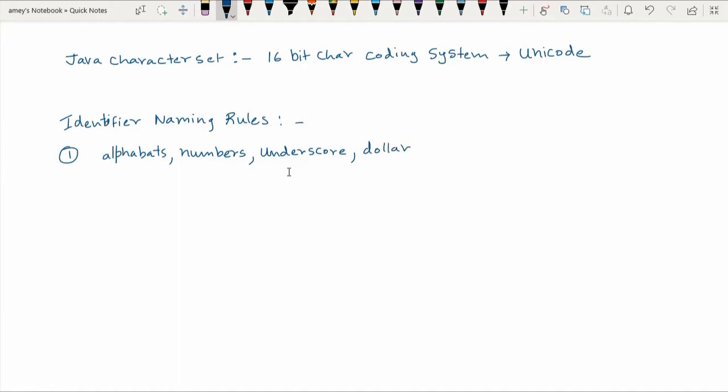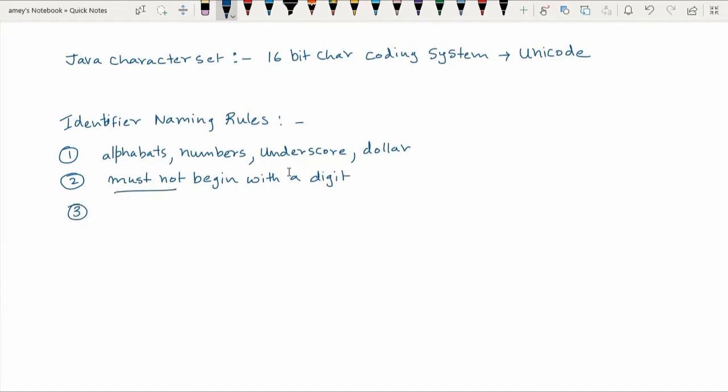So basically identifiers can be composed from alphabets, numbers, underscore, dollar, by combining these, right? But a very important thing you should remember is any identifier must not begin with a digit, or must not begin with a number. This is a very important rule.